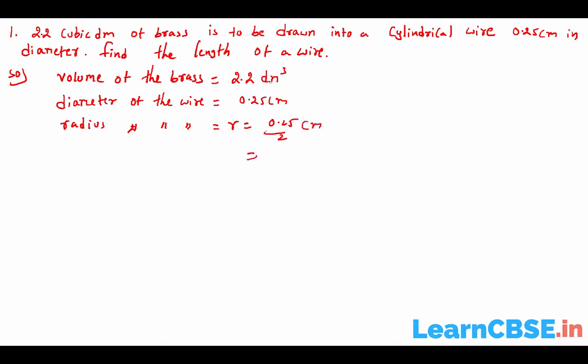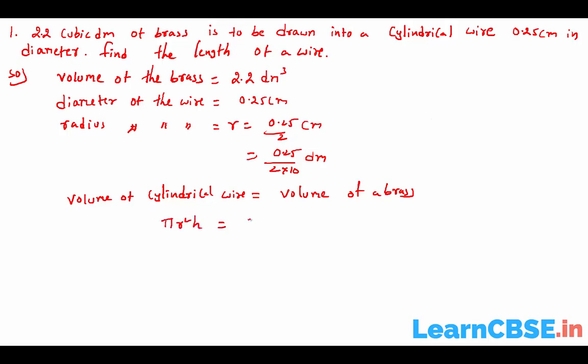But volume is given in decimeters. Convert this into decimeters, then you'll get 0.25 by 2 into 10. On dividing by 10, centimeters is converted into decimeters. Now the volume of the cylindrical wire is nothing but the volume of brass, because there is no change in volume, same brass is used to make the cylindrical wire. So pi r square h equals 2.2, 22 by 7 into 0.25 by 2 into 10 into 0.25 by 2 into 10 into height h equals 2.2. The 2.2 and the 10 cancel, then h